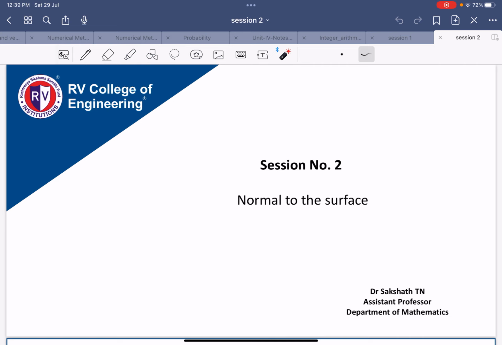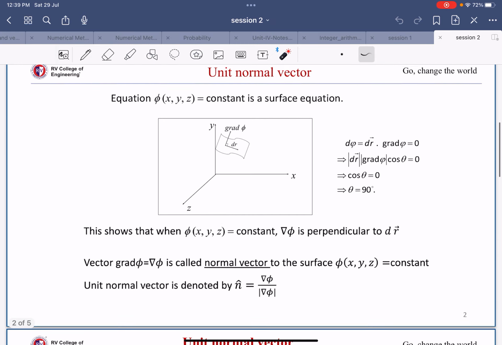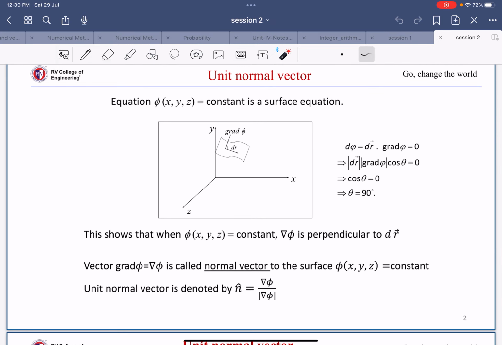We shall discuss normal to the surface. What does a normal to the surface mean? In general, we know that phi of xyz is equal to constant represents an equation of the surface. So if this is a surface, phi of xyz is equal to constant,